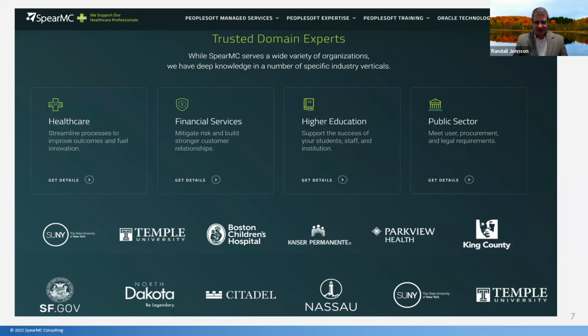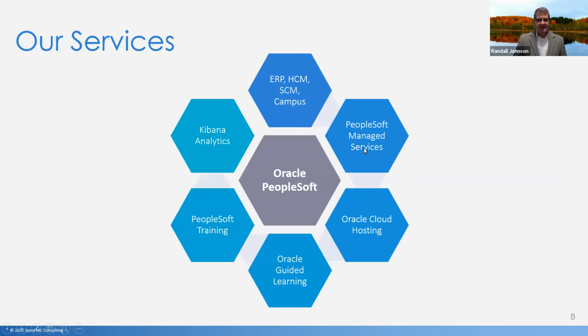Now, what industries do we focus on? It turns out we focus on the industries that focus on PeopleSoft. So if you look across the board, healthcare, financial services, higher education, public sector, the one thing these all have in common is that they are service-oriented. And it seems that over the past 25 years, service-oriented organizations tend to migrate to the PeopleSoft ERP platform. And so that's why, because SpearMC is PeopleSoft-centric, the industries that we serve are also those that tend to be